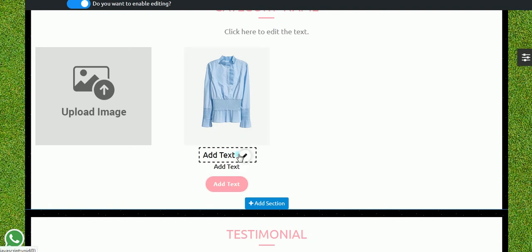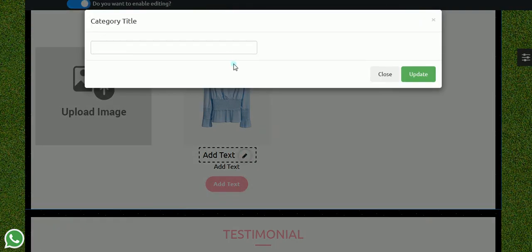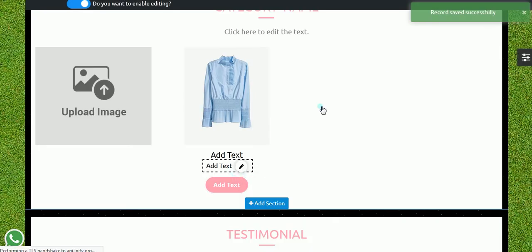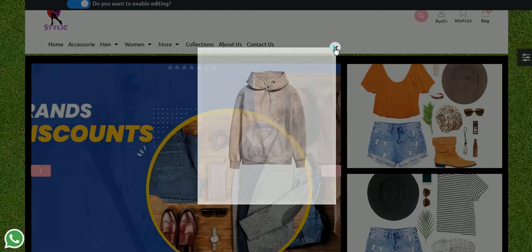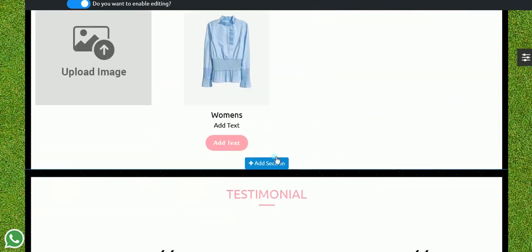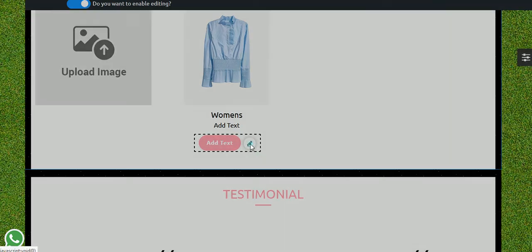Okay, if I want to add text, I can mention it over here. Like let's say this is the text, and update it. If I want to add any text here, that also can be edited from here.